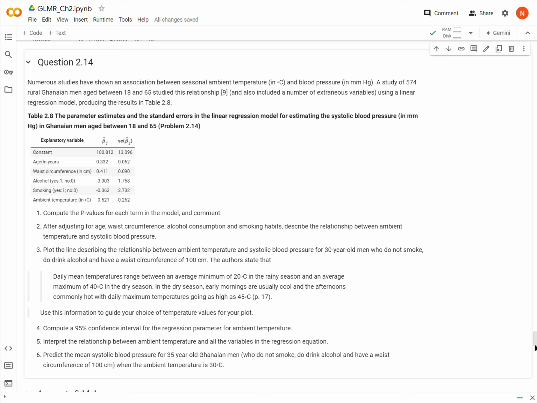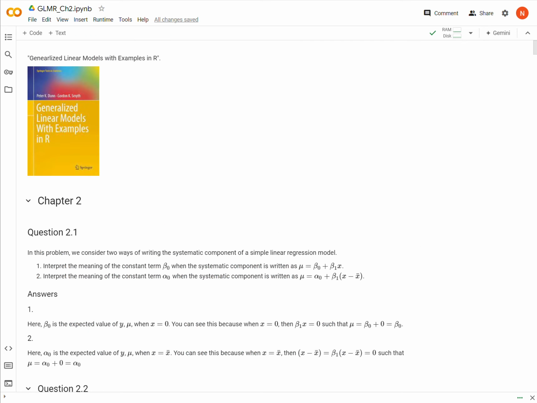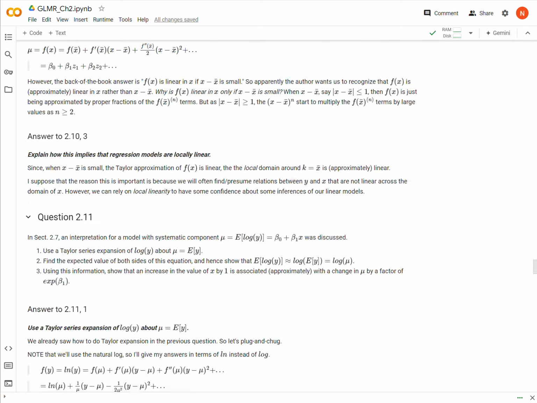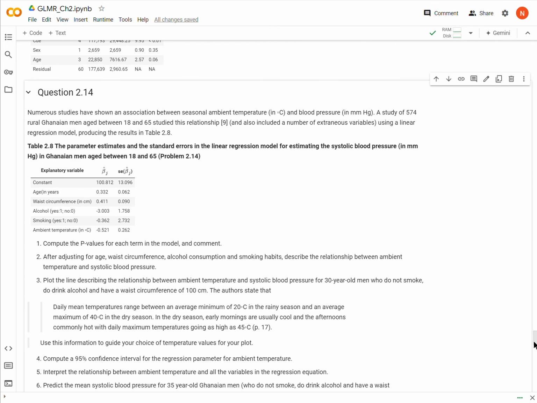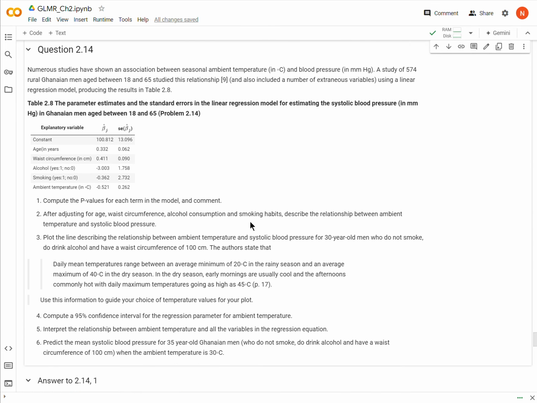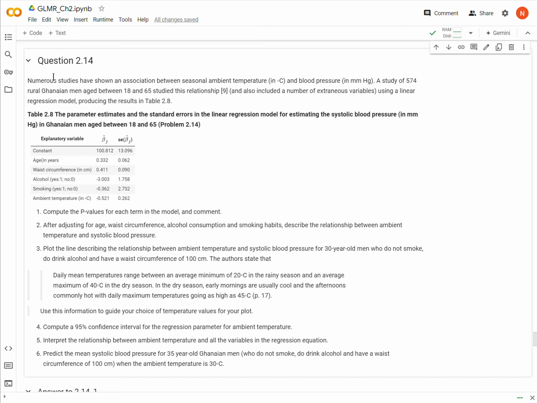Okay, so we are in this book up here, Generalized Linear Models with Examples in R, and we are on question 2.14, 214. This is a long question with many parts, so we'll just read each part as we come to it. But what's important here is that we're given some, not really data, but we're given the output of a regression